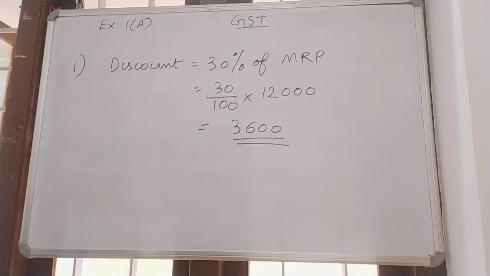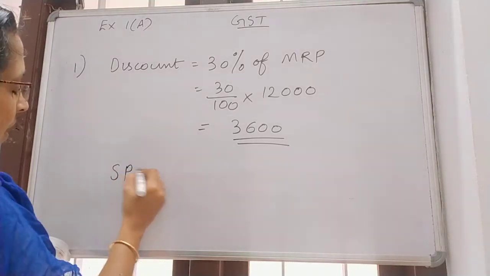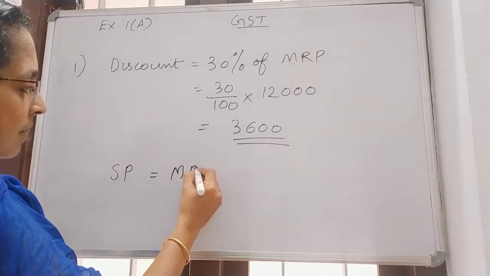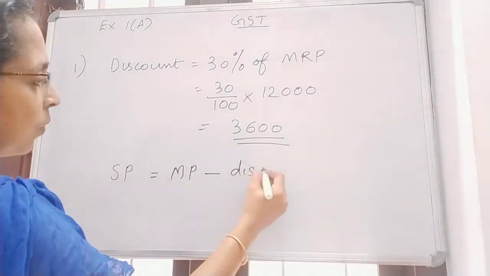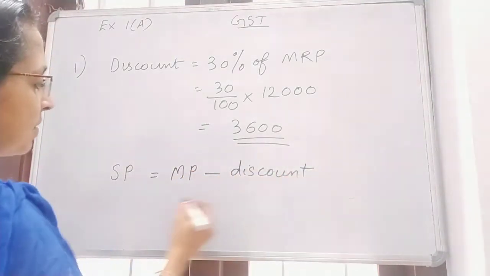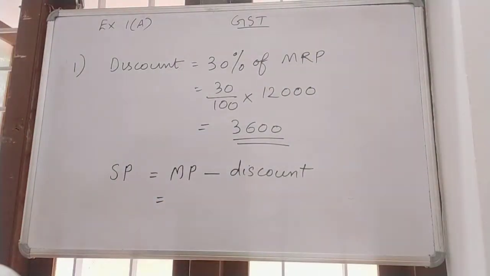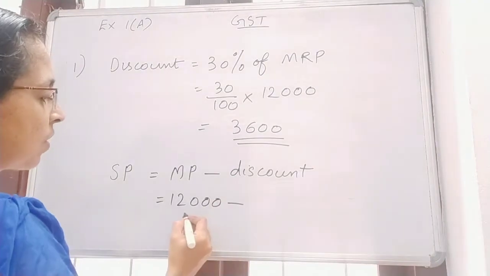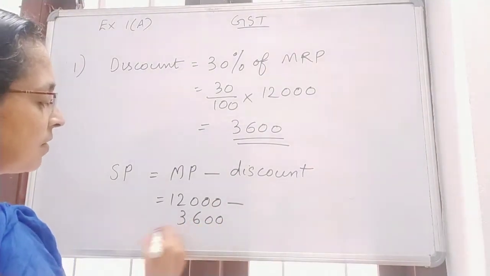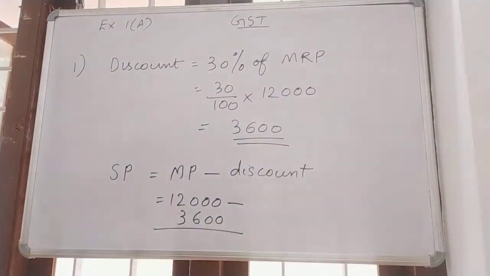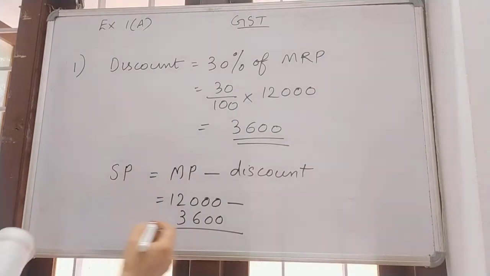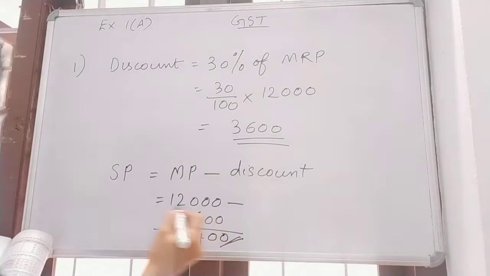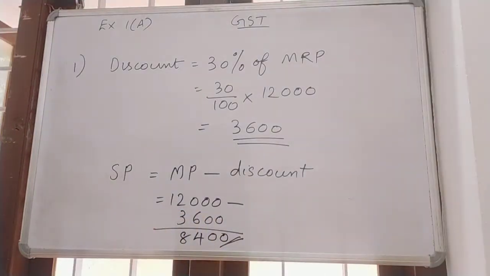Next is selling price. So what is the selling price formula? Selling price is marked price minus discount. So what about the marked price given in the question? Marked price is 12,000. So 12,000 minus discount, which is 3,600. Now we got discount as 3,600. So it is 8,400 rupees, the selling price. Next,